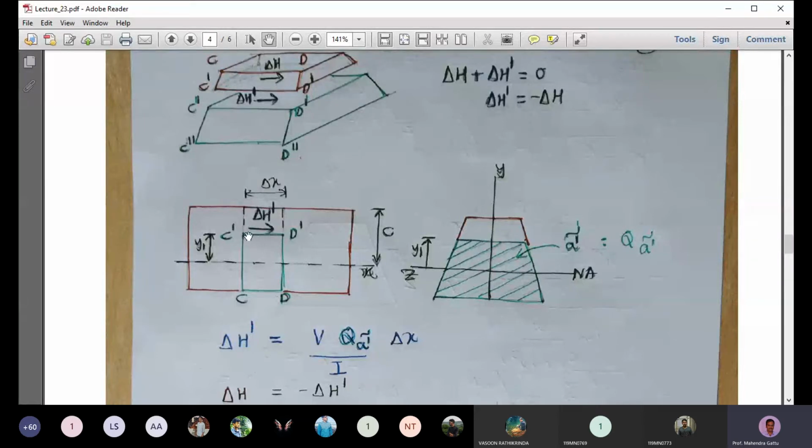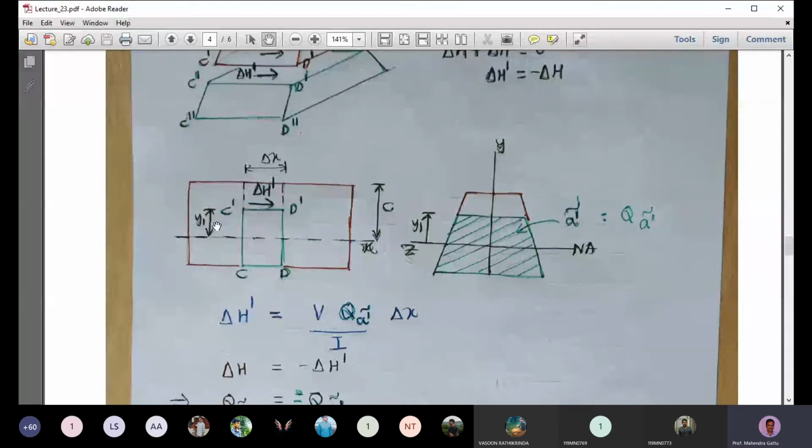So here again, this line actually represents an area. That area is this green colored area, and we are looking from the side view. So this C prime D prime actually represents an area. We are looking at this segment from this side view. So we have C prime C, and I think it should be C double prime. I wrote C and D; it should be C double prime and D double prime.